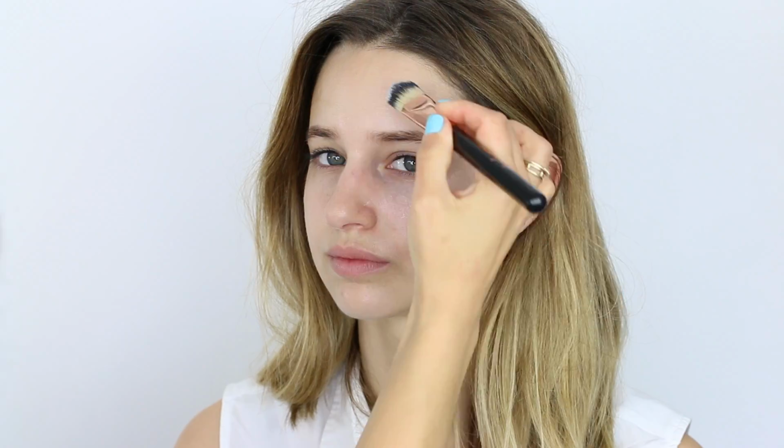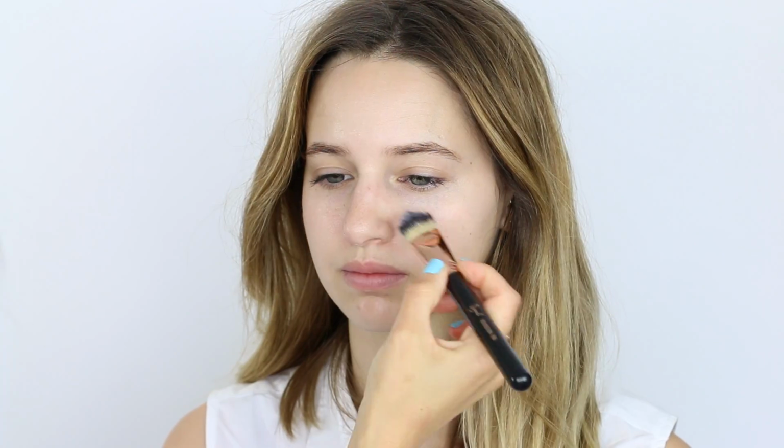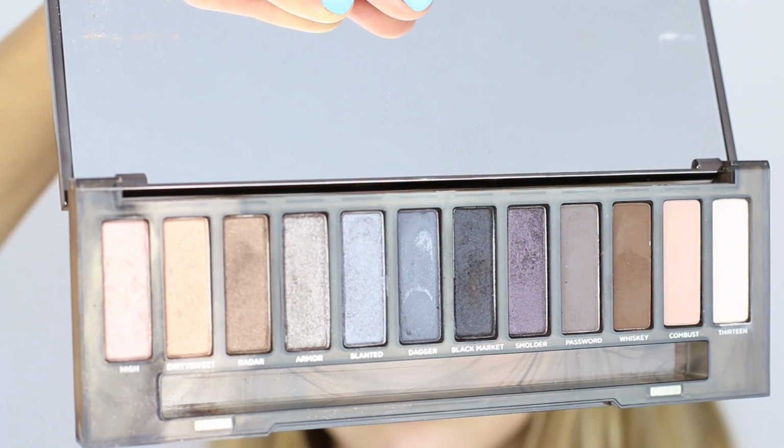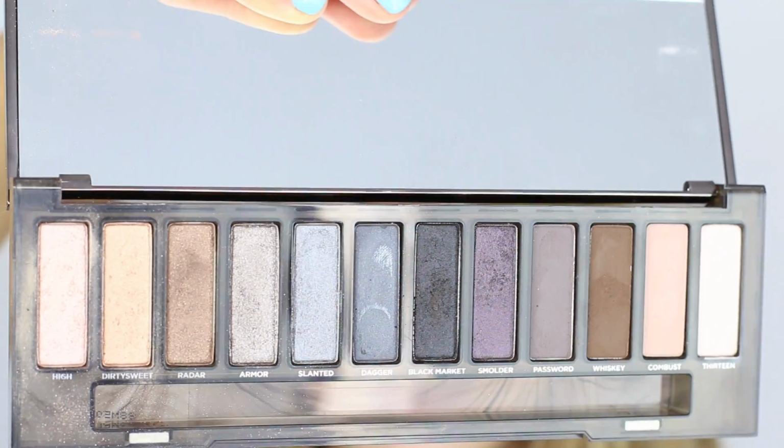So first things first, you want to moisturize your skin because it's probably the most important step for your foundation to stick well. And then you want to apply a primer if you need to. I just applied Benefit's Professional on her T-zone just a little bit, and then used an eye primer on her eyelids. I'll be using Naked Smoky today because it's new and I basically need colors like this to create a